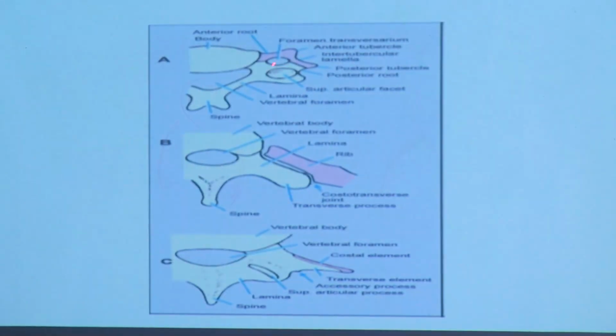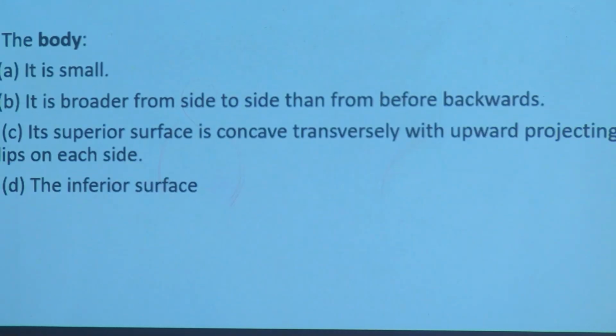So here you can see this is your cervical vertebra, because here this foramen is present. Next, the rib is attached to this, so this is your thoracic, and next this is your lumbar vertebra. In the cervical vertebra the body is small, and on the superior surface